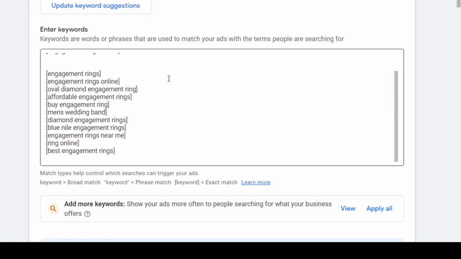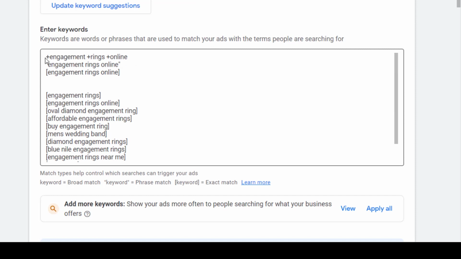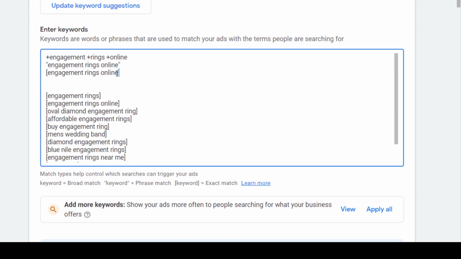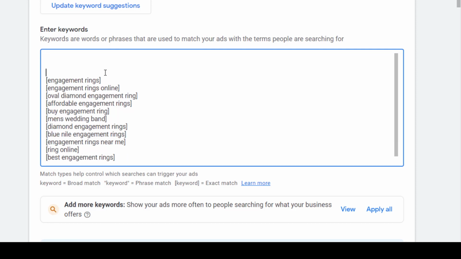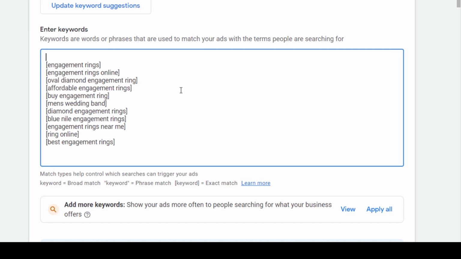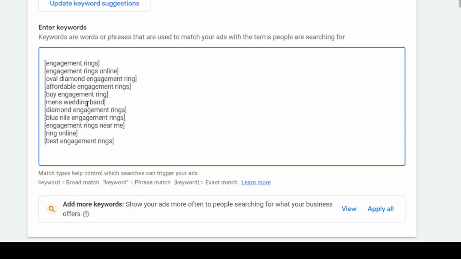So in this case, I will erase. Exact match is a great way to avoid wasting money, especially if you are just starting.